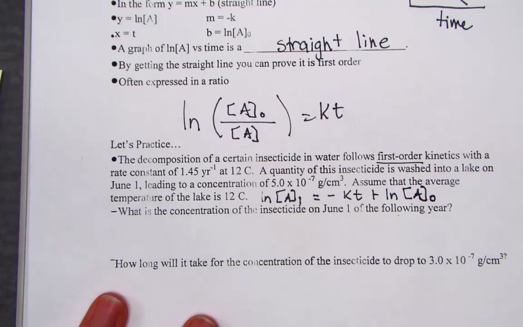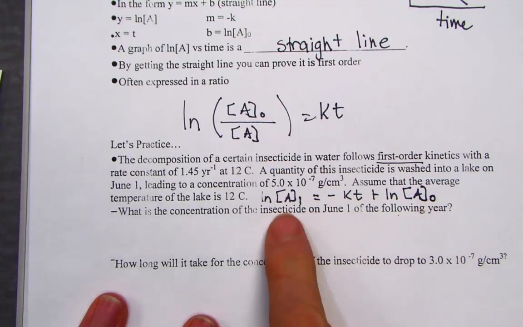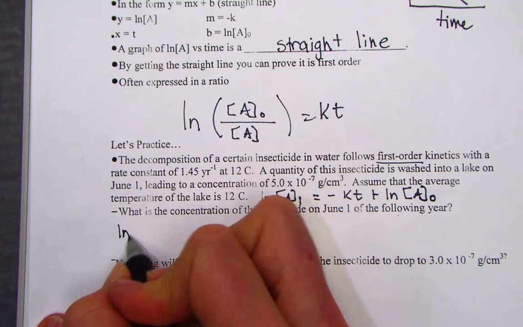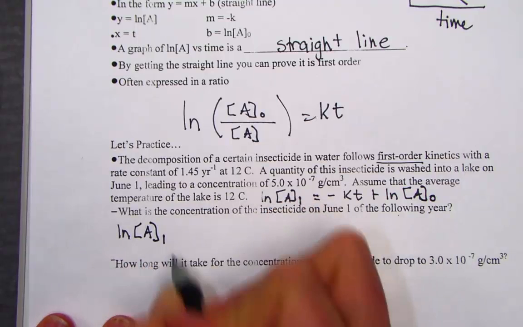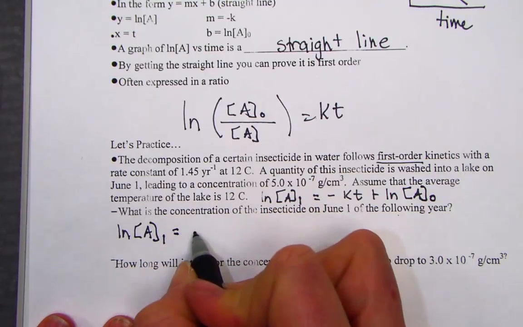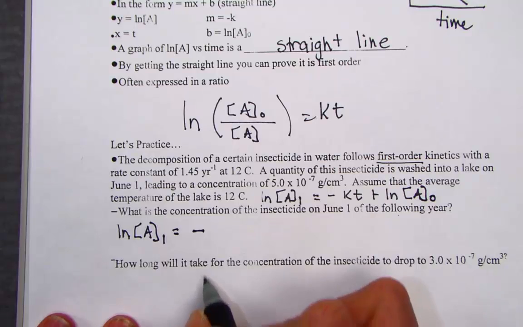Let's place in what we know into the formula, seeing that the target is the concentration of A 1 year later. The natural log of A 1 year later could be found by taking negative rate constant